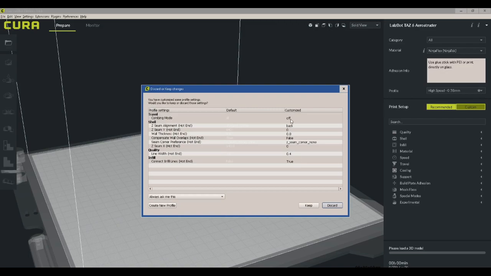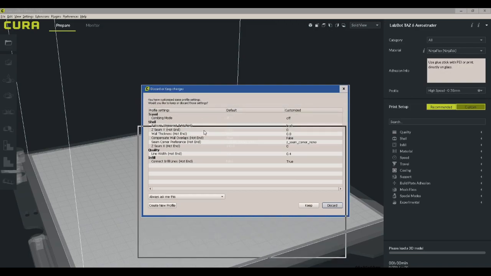Combing mode off, it tends to mess with the Z seam, and that's the point where it starts. Each vertical layer can usually be seen as a pretty prominent line running vertically across the print. You can scatter it out, but I like to line it up. I turn combing mode to off. Z seam alignment is set with coordinates,